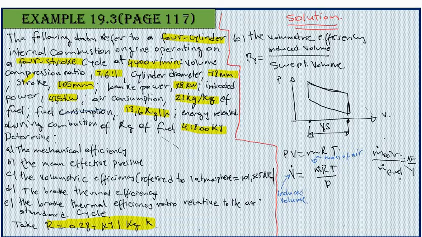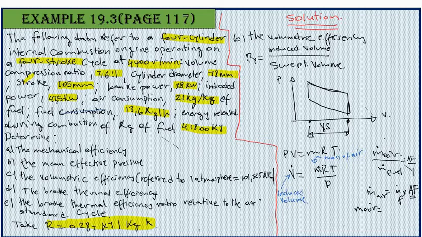So if we cross multiply, we are going to say the mass of air is equal to the mass rate of fuel multiplied by the air fuel ratio. So that means AF stands for air fuel ratio. So I'm gonna have the mass of air, which is then equal to